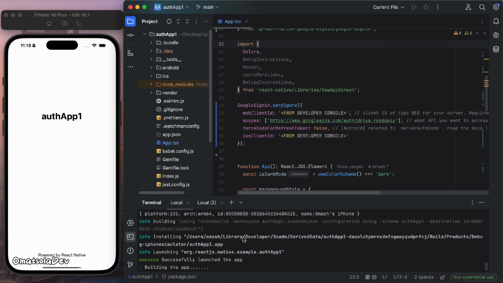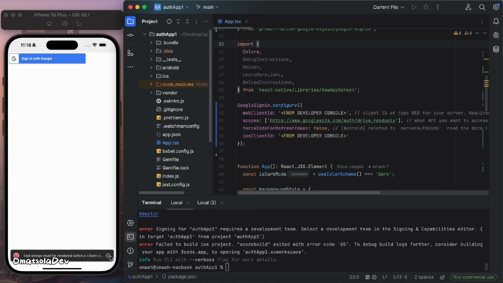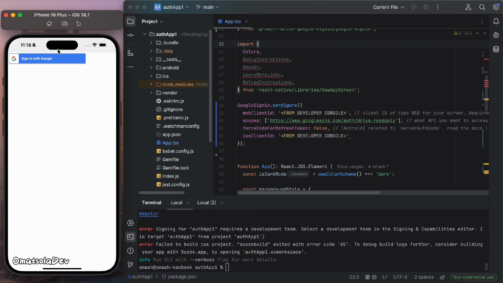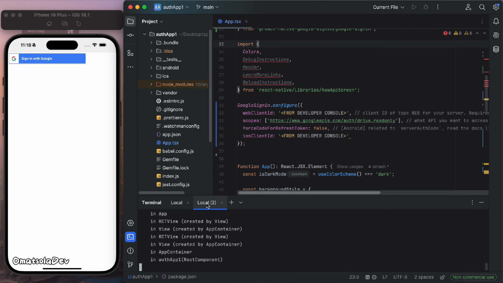Okay, as we can see here, successfully built the app and is launching it now. So we can see our sign in with Google button now, and in our app it's working now. So remember that I have my npm run start, I have my server running here. So while we have this,